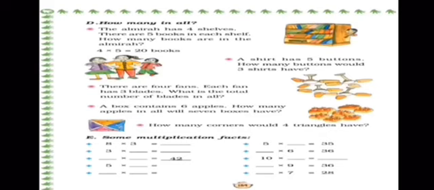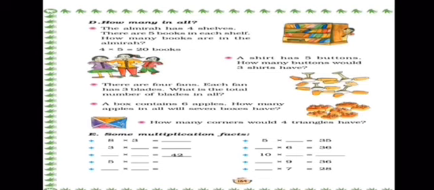A box contains 6 apples. How many apples in all will 7 boxes have? So here also what we'll do, instead of counting boxes 7 times, we are just doing 6 7s are 42. How many corners would 4 triangles have? So now over here, a triangle has how many sides? A triangle has 3 sides. So 4 3s are 12. So there will be 12 corners.